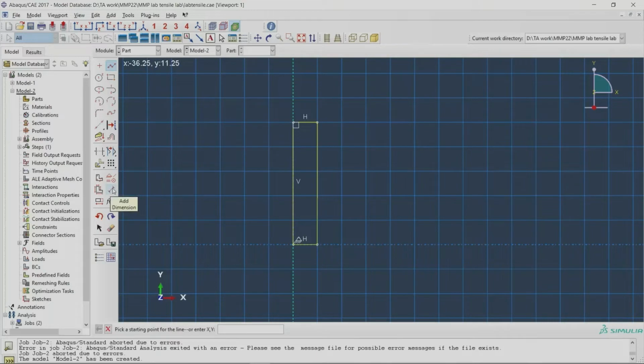You can also give dimensions here. I'm showing you only this; if you need anything else, you can make it by any other method. I have given coordinates. You can also make it by many methods.